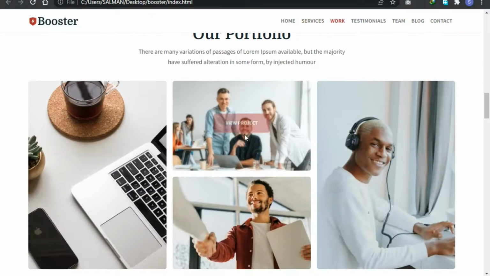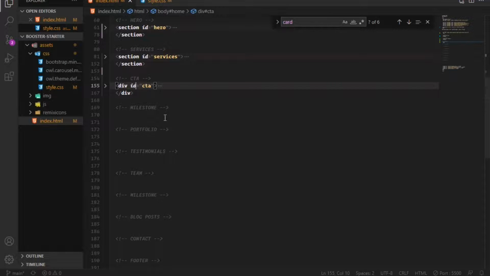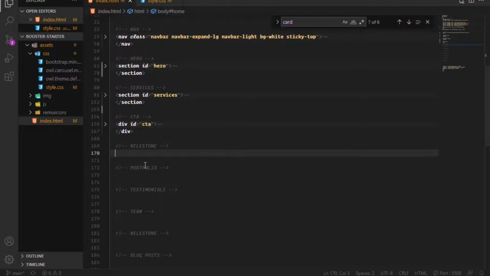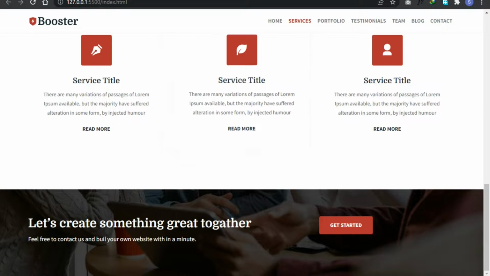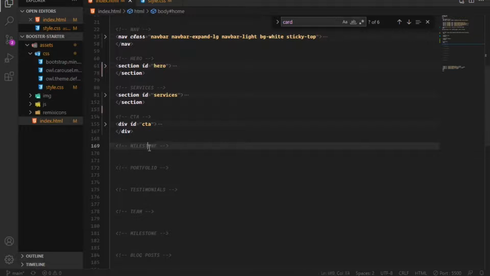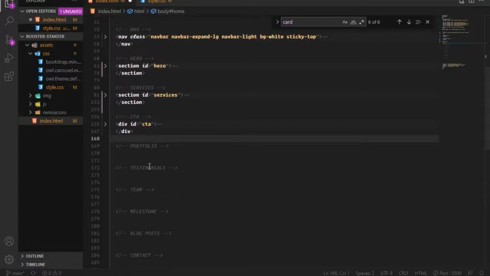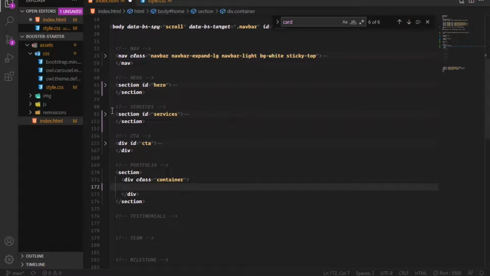Okay, so now I'm gonna design this portfolio section. So for that, what I'm gonna do, I'm gonna create, okay, wait a minute. Okay, so we have CTA. So this comment should be CTA. I'm gonna remove this comment. So this will be portfolio. So I'm gonna create a section. I'm gonna create a container, and I'm gonna copy this